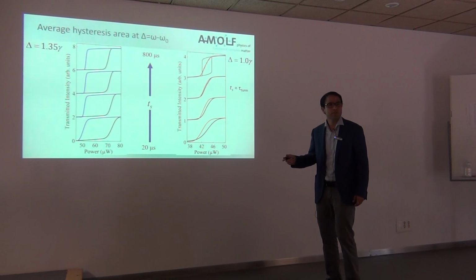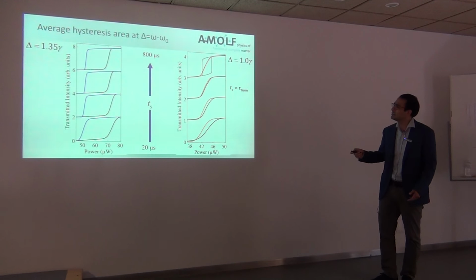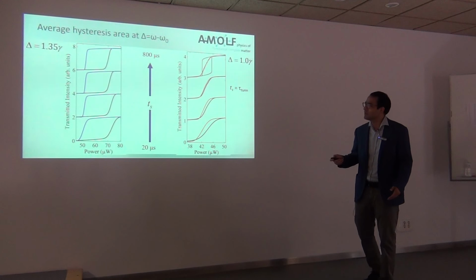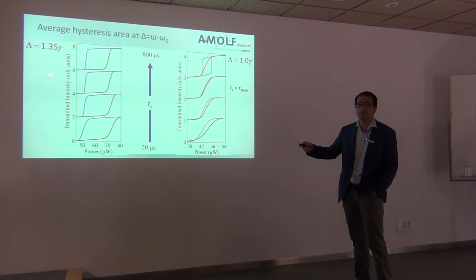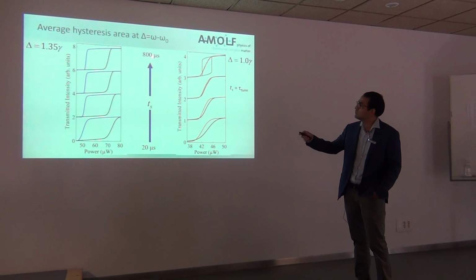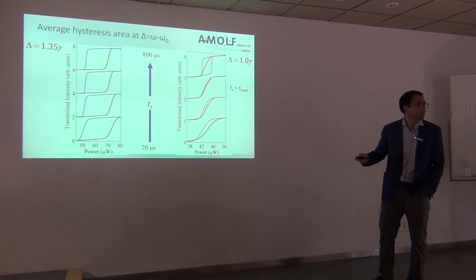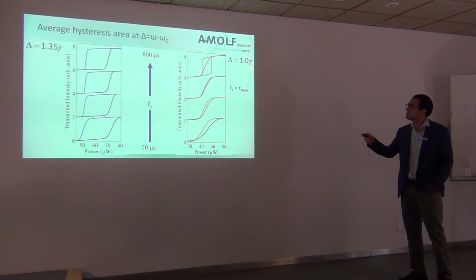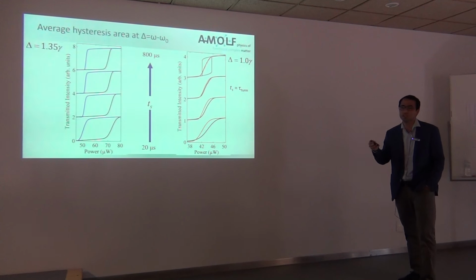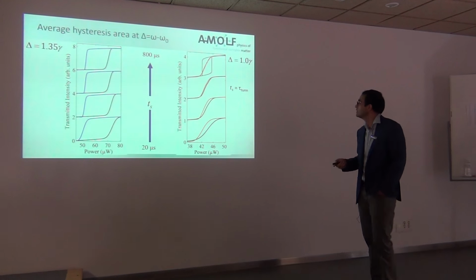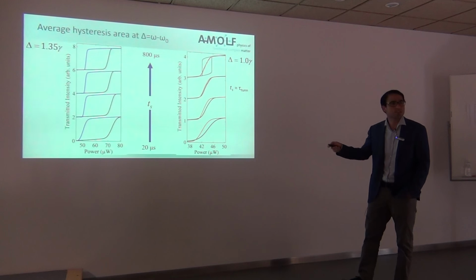These are other measurements of average dynamic hysteresis. I was quite happy when we got these measurements. They look as clean or even cleaner than the calculations. So here is for a large detuning where you see that within the same range of timescales, there is a very small variation of the hysteresis area. But when you change the detuning a little bit, then the hysteresis area closes within this timescale. Obviously, this closes within the resolution limit of the experiment. And in this case, for this detuning, right around here is the tunneling time.